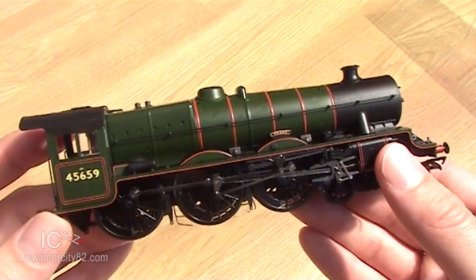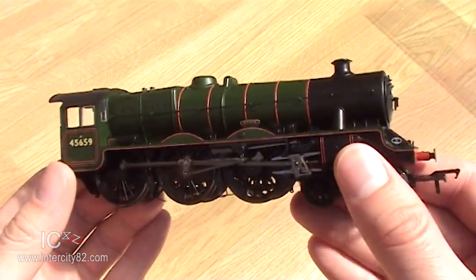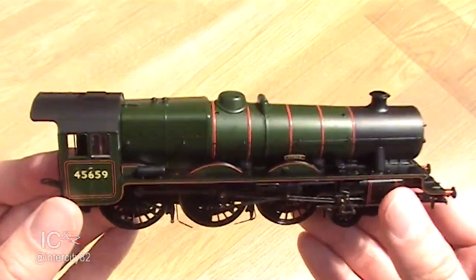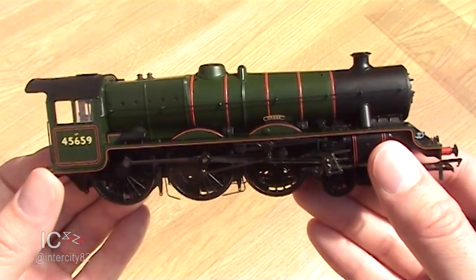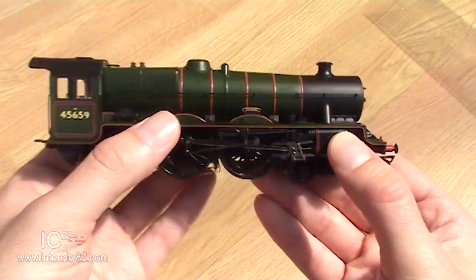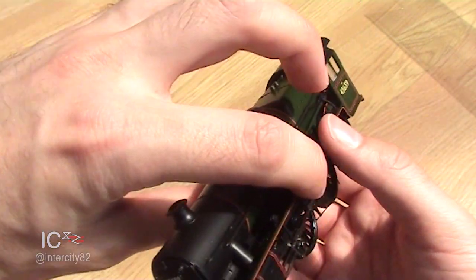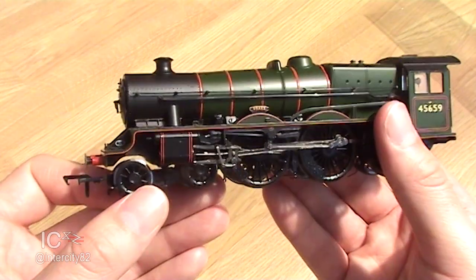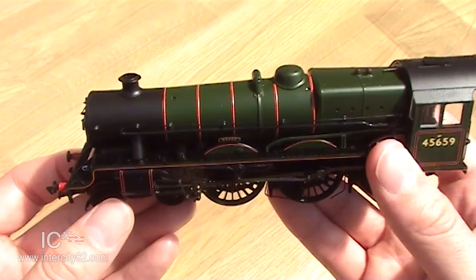I just don't know what to say. What is there to say? She's perfect. She's amazing. Just look at this. This is beautiful. This is my new favourite steam locomotive. This is number one. I absolutely love this model. I really, really do. It's just such a quality, such an attractive, such a good looking, beautiful model. I'm sorry if I get a little bit enthusiastic and a little bit over passionate, but